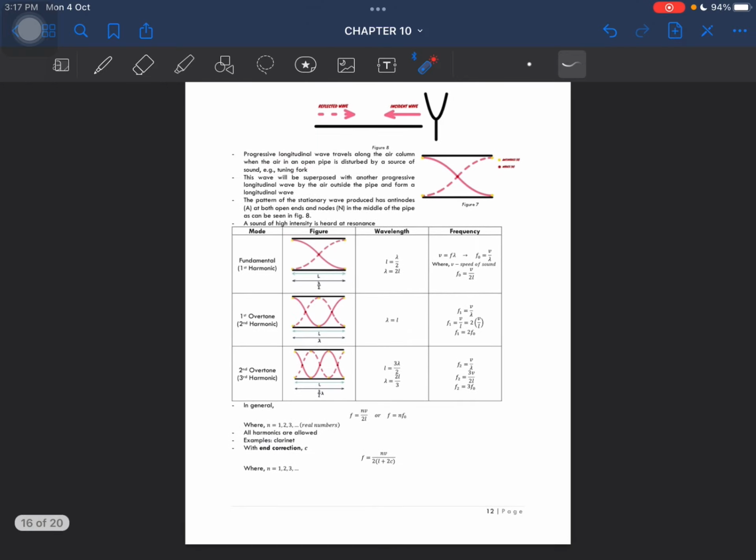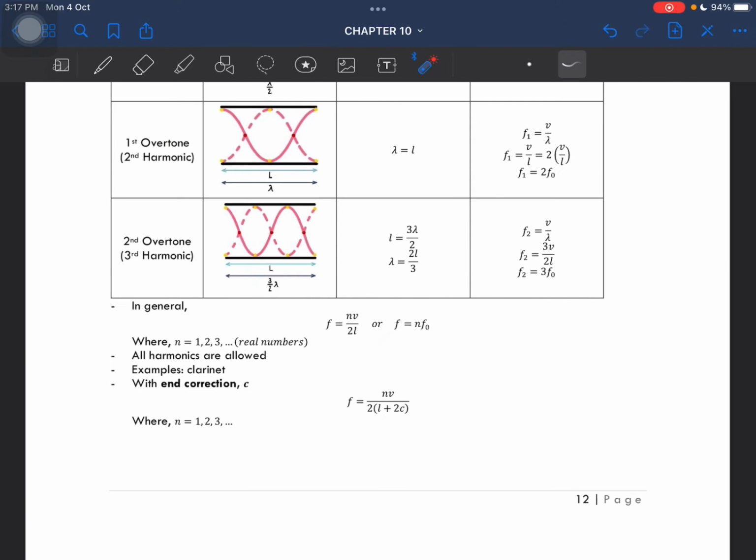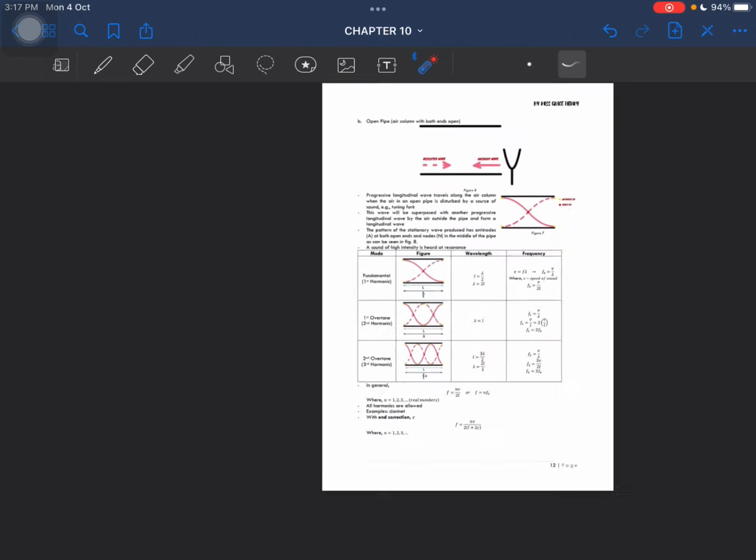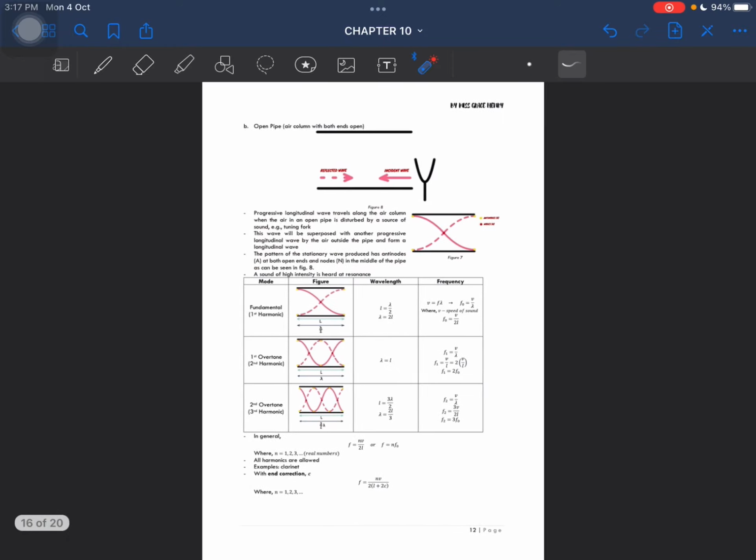Alright, again, an example for an open pipe is the clarinet, and if you have to consider end correction, just add L plus 2C at the end. Here there is 2C. The harmonic number is still whole numbers. Alright, so yeah,